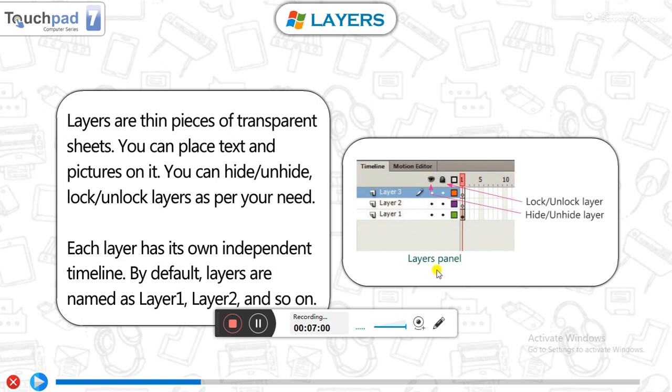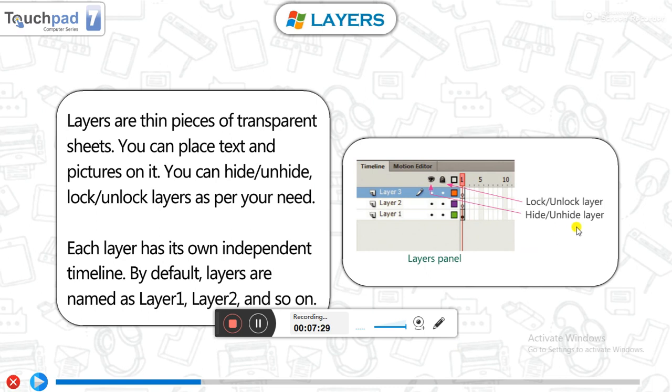Suppose you have created a circle that you want to hide from the stage. Then select your circle layer from the timeline and click on the eye icon. Then you will see that your circle disappears. Again, if you want to unhide, select the layer and click on the eye icon again. Then your layer will be unhidden.